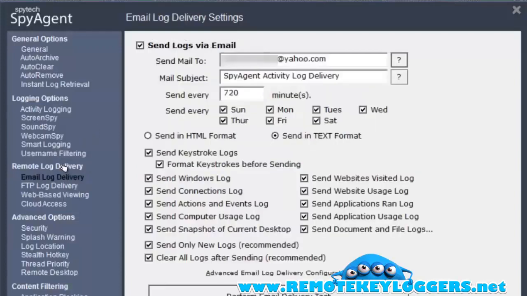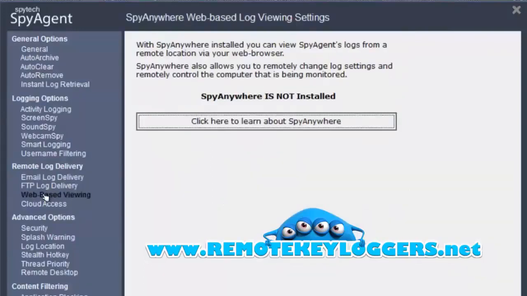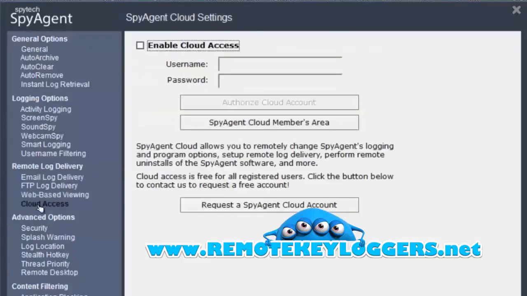We've already set up our invisible email delivery as is normal when using the stealth option. More advanced users often opt to have their reports delivered via file transfer protocol. Spy Anywhere is an option that allows users to make changes to the keylogger's configuration or even control the computer remotely. And Cloud Access is a courtesy provided to all SpyTech users who would like to use cloud-based reporting as opposed to email. Simply clicking the Request Account button and creating a username and password allows for access to the